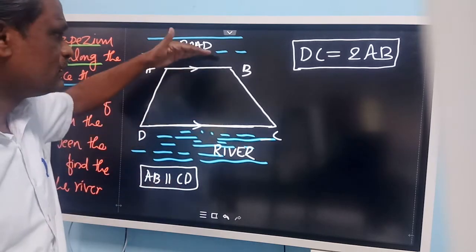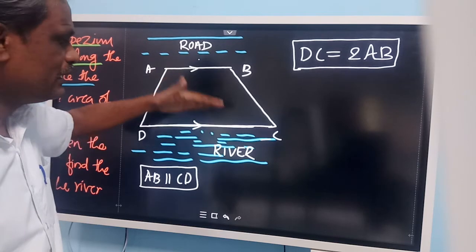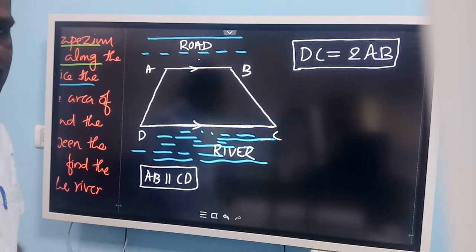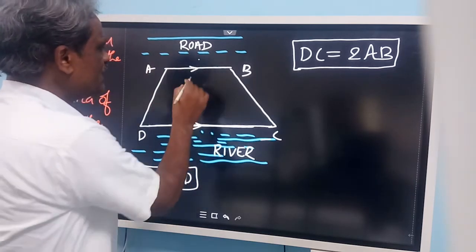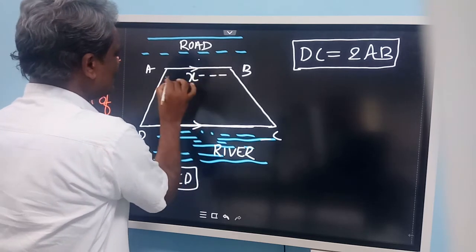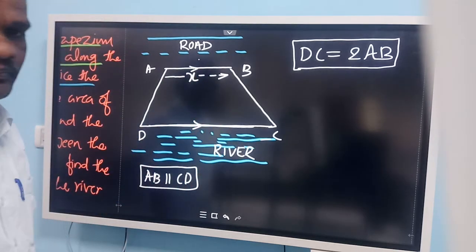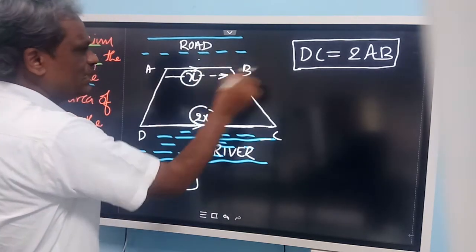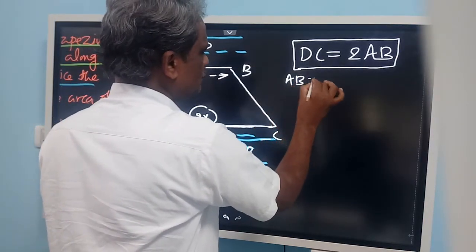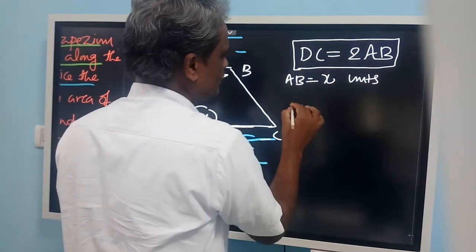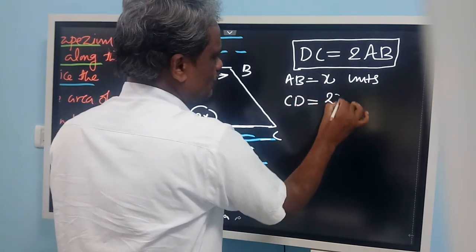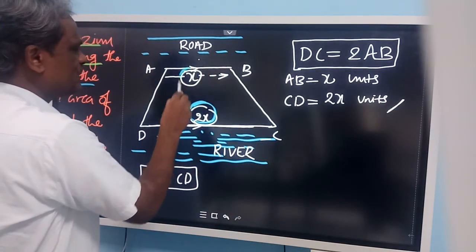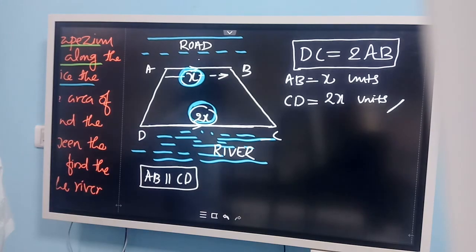River side is longer than the road side. And how it is longer? It is 2 times the length of the trapezium which is along the road side. So suppose if I take AB is equal to x units. Can you tell me what will be the length of CD? The 2x. Yes, it is 2x. So if I take this as x, then it will become 2x. If AB is equal to x units, then CD will become 2x units. So this is the length I have taken. This is 2x, this is x. So along the road side, length of the parallel side along